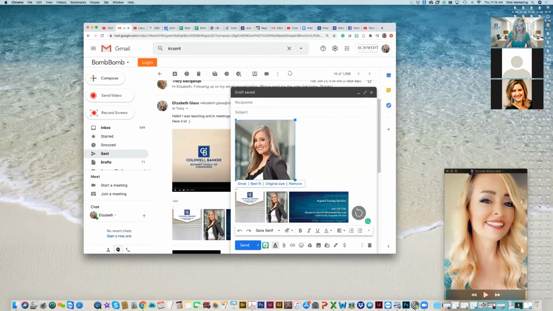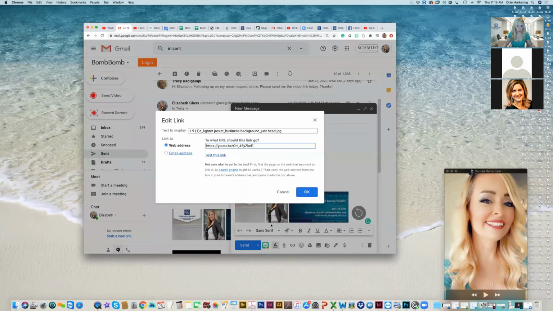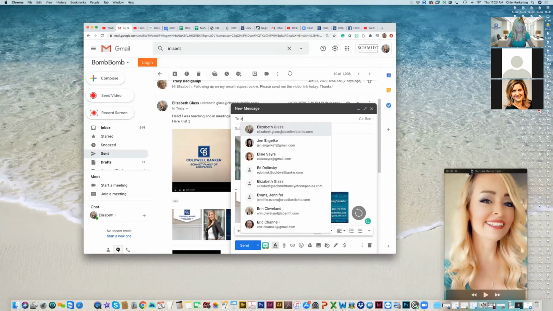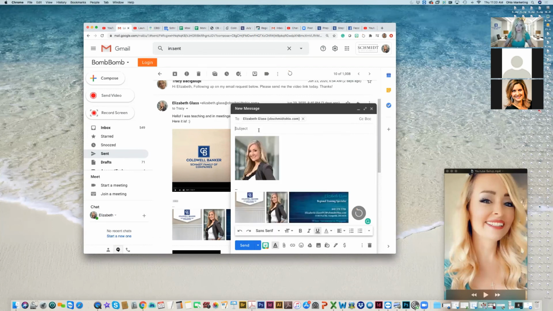And here is my trick. I highlight the photo and then I go into where my link is, see where it says insert link. I click on that, and then I paste my YouTube video right in. I'm going to say okay. So I'm going to test that to myself. If I want to make sure it took, I double click on it and then I'll see that link in there. But then I'll send that to myself, and then watch this.